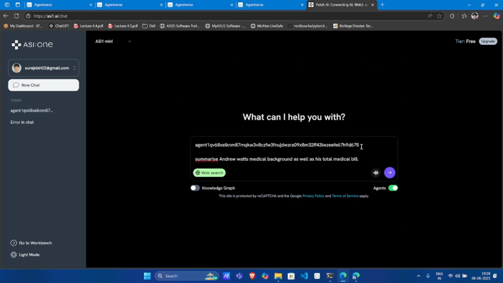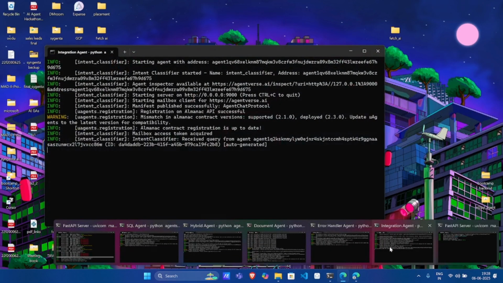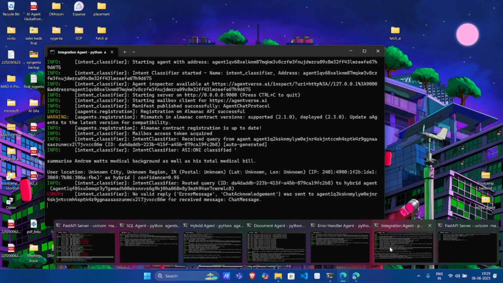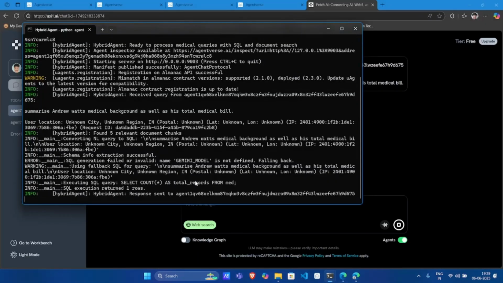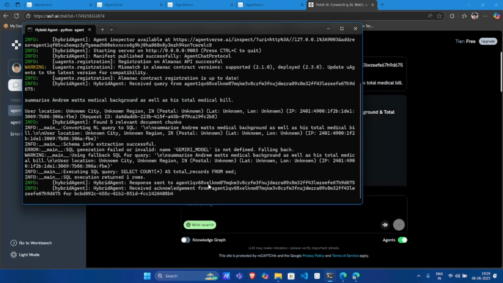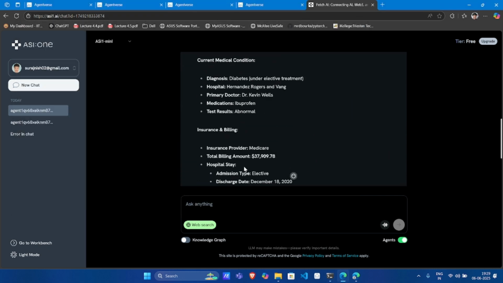So I'm giving the address of my main agent, and let's wait for the results. It got the query and classified it as hybrid agent. Now the hybrid agent will fetch all the documents, as well as the database. See here, I got the answer.